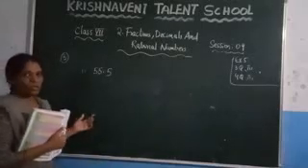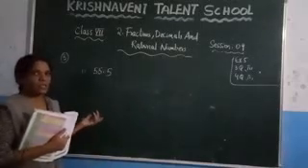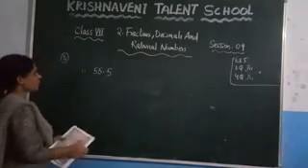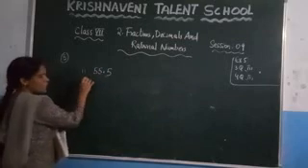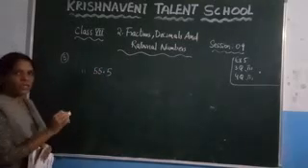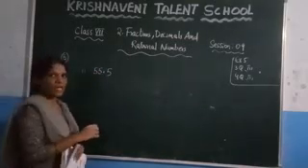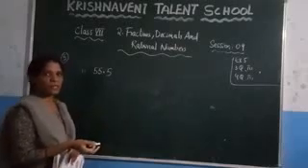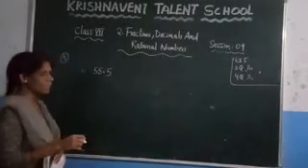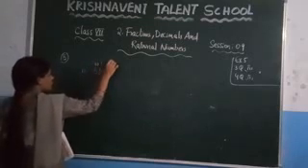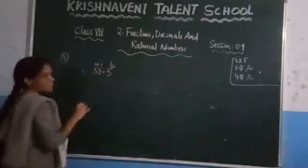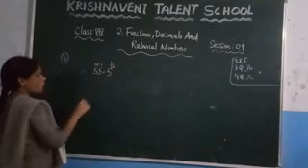You all know how to expand if you have been given a number. How do you expand? You just need to separate at the decimal point. Left of the decimal point you need to take the multiples of 10, and right of the decimal point you need to take the division of 10. So write it here. It is 1's place and it is 10's place. It is what? 1 by 10th place. Right? So expand it.